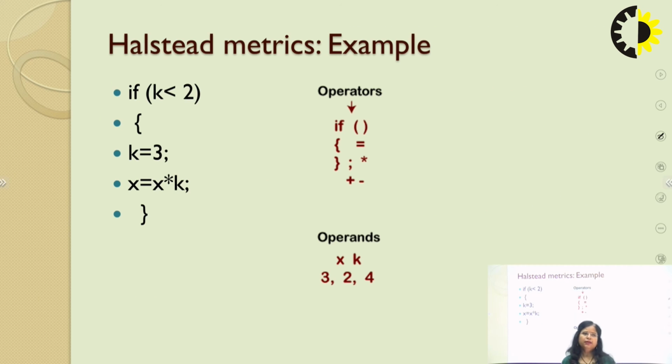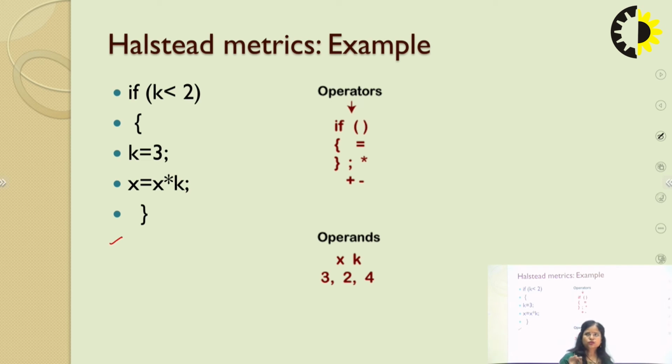So this is the simple example. Suppose you have been given this code: if k is less than 2, curly braces, k is equal to 3, x is equal to x into k, and curly braces closed. For this, first you need to find out how many operators are there and how